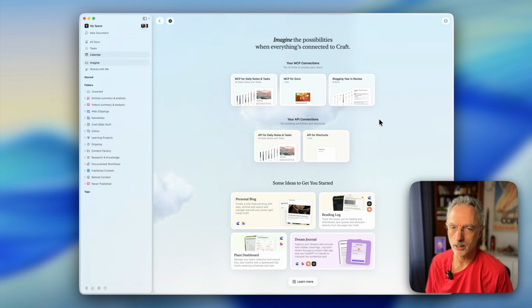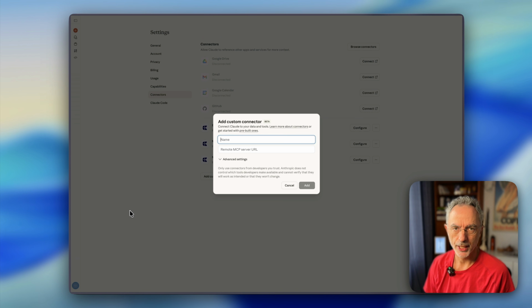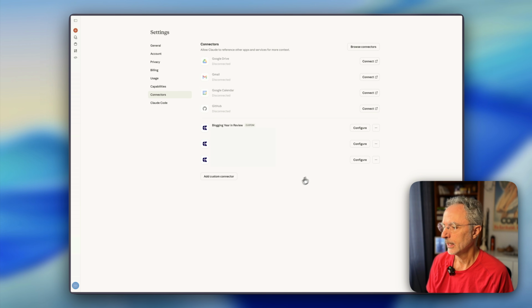Now I'll switch to the Claude side and see how it goes when you configure such a connection to the Craft backend. To create a connection in Claude, you have to copy the URL that you have in Craft, and then you go in settings in Claude, and then you go to connectors, and there's a button at the bottom, which is add custom connection. From there, you give it a name, and then you give the remote MCP server URL that you will paste, and then you click add. So that's the connection I added.